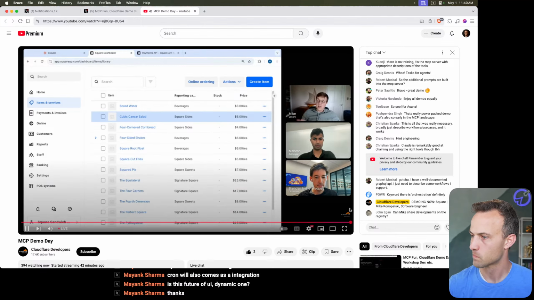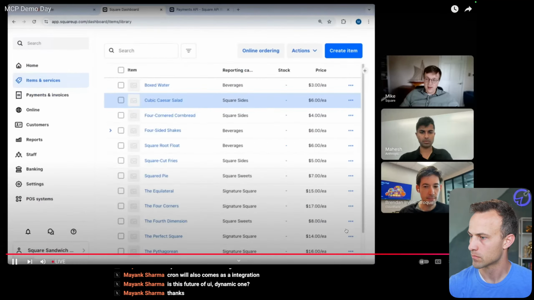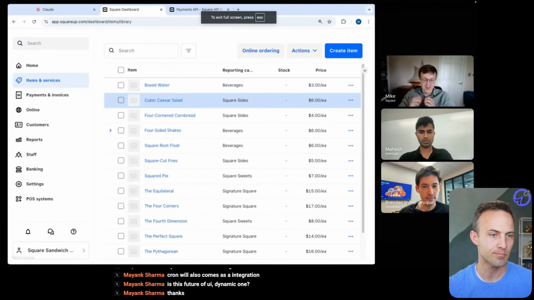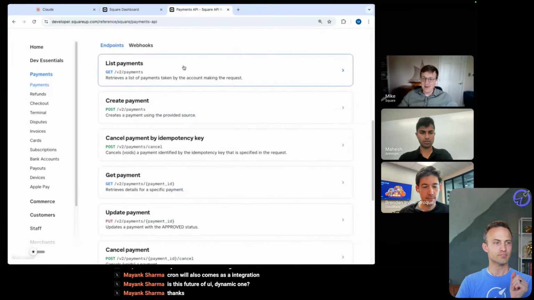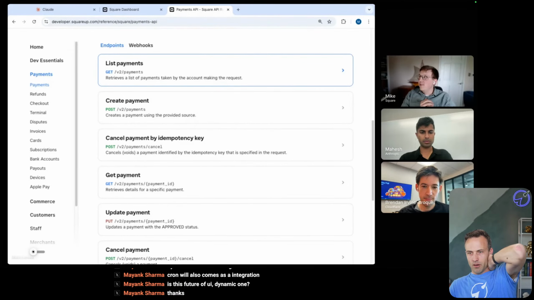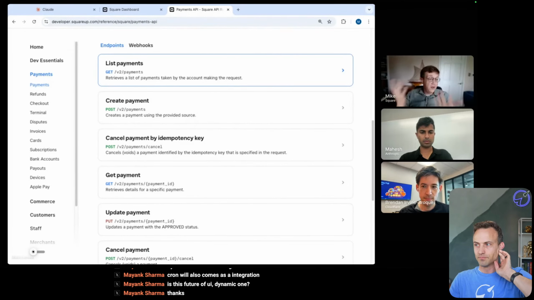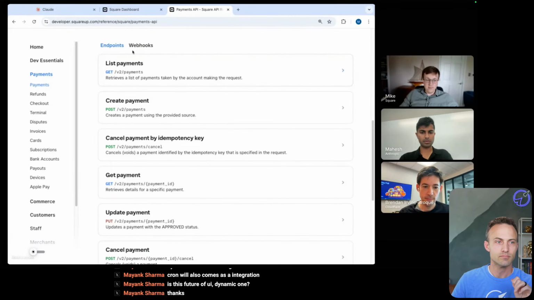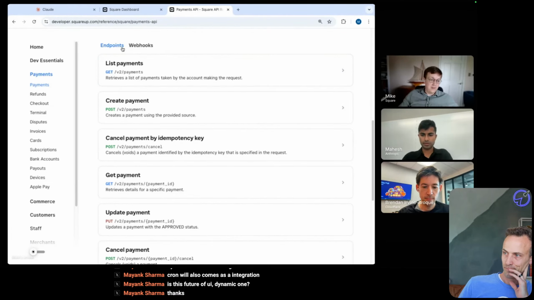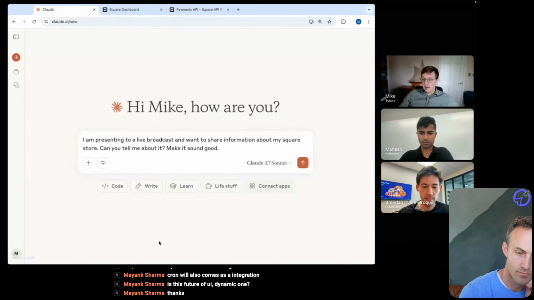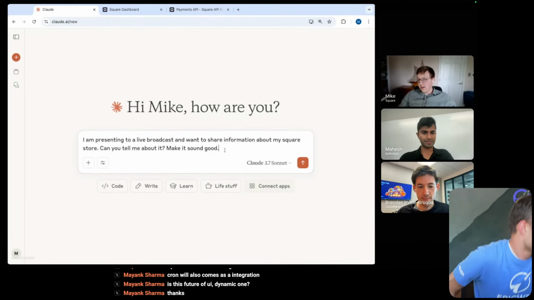And I'm specifically an engineer on the developer platform team at Square. What we do is package all those things into a bunch of APIs, around 200, so that we can basically meet sellers where they're at. If somebody wants to deliver with DoorDash, they can do that by still using their Square catalog, for example. Or maybe they have a totally unique situation, because that's often the case with a small business. There's some uniqueness there. So I'm very excited to talk about our new remote MCP server here,